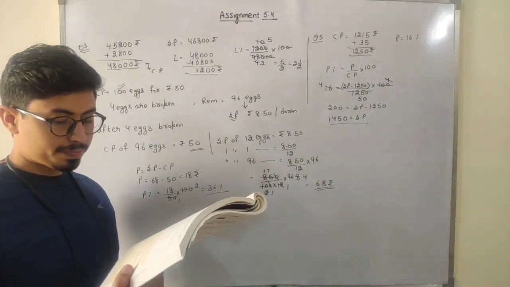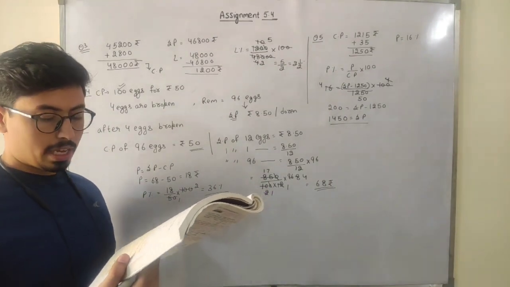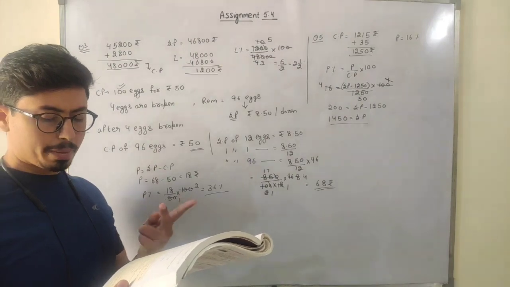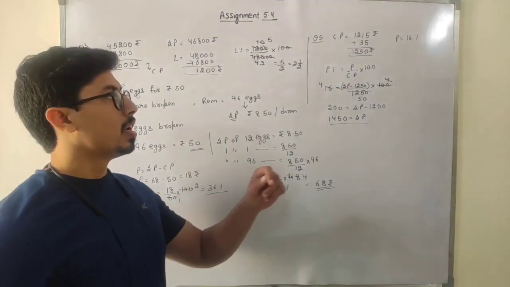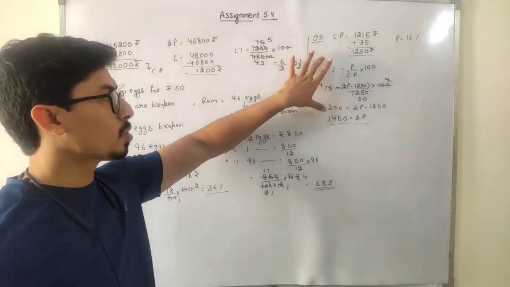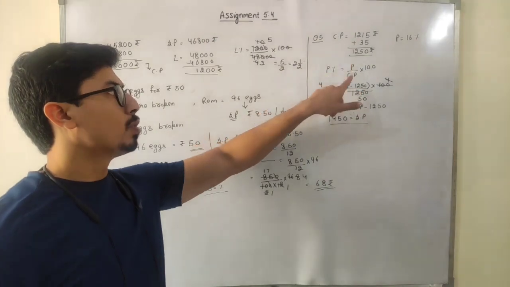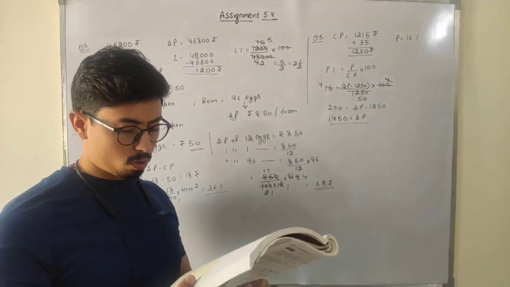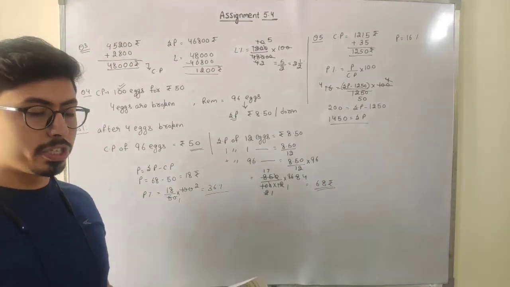Okay, students. So in next question, that is question number 6. The loss percentage is given to us. Selling price is given to us. We have to find out the cost price. Similarly, students, in this question, put loss percentage here, and put the formula of loss, and you can find out the cost price. So just do it yourself. I'm going to move forward to the next question, students.